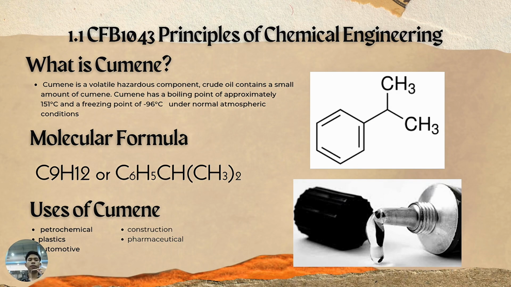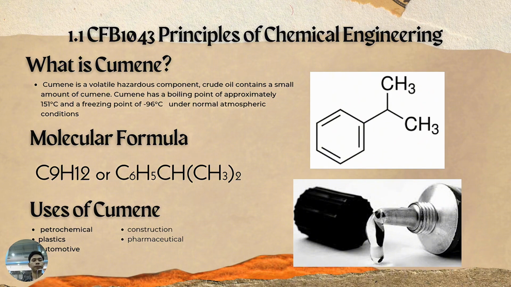So what is cumin? Cumin is a volatile and hazardous component. Crude oil contains a small amount of cumin. Cumin has a boiling point of approximately 151 degrees Celsius and a freezing point of negative 96 degrees Celsius under normal atmospheric conditions. Cumin's molecular formula is C9H12, and the uses of cumin include petrochemicals, plastics, automotive, construction, and also